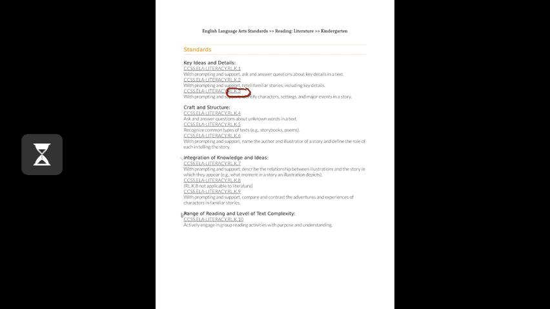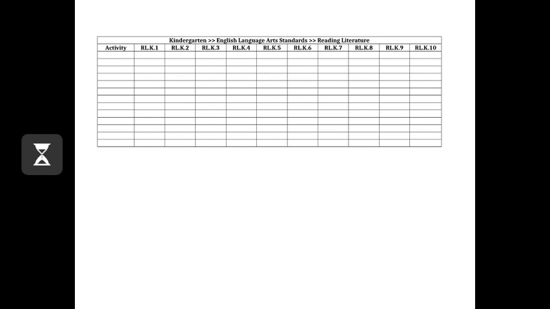For instance, this one, the K3 for Reading Language Arts Kindergarten, talks about characters, settings, and major events in a story. They'll be looking at these sorts of things with increasing complexity throughout their educational careers. So it makes sense to give them a little support and some tools so that they can do this with facility. We've included for each of the grades and curricula a bingo chart, and it will tell you for these particular curriculum points or standards, this activity deals with it on whatever pages, and we'll put the page numbers.